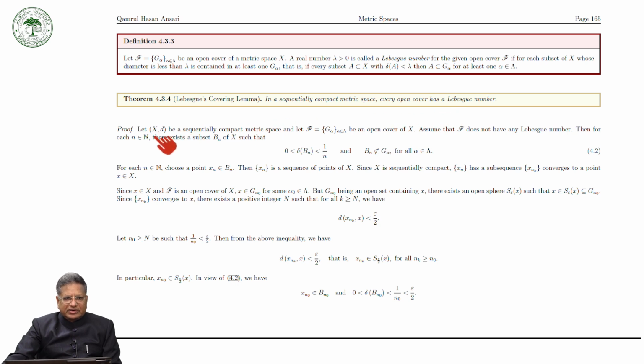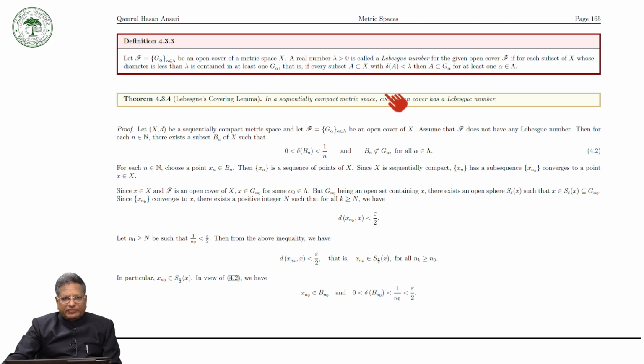Let (X, d) be a sequentially compact metric space and F the collection of open subsets of X. This is an open cover of X. Then we have to prove that it has a Lebesgue number. Suppose, assume that F does not have any Lebesgue number. Then